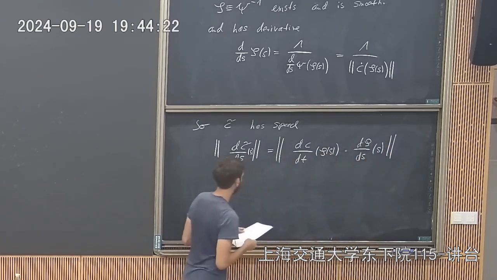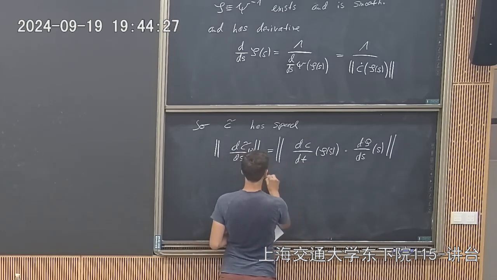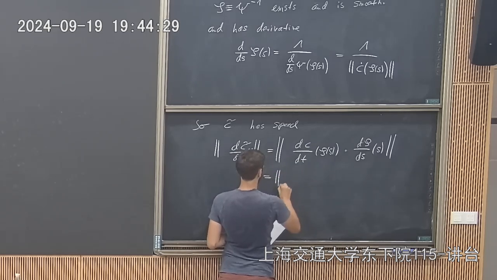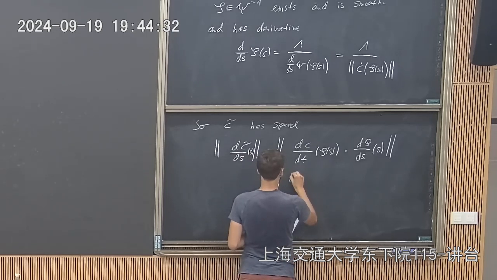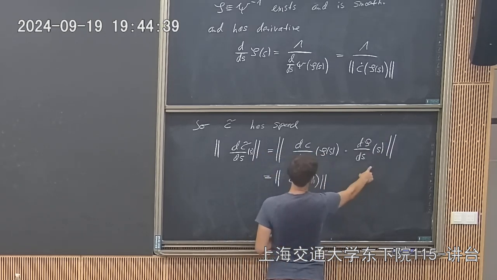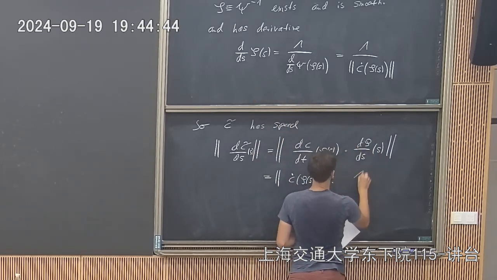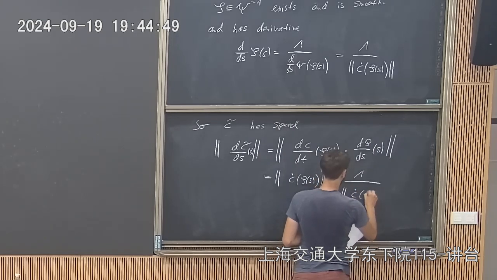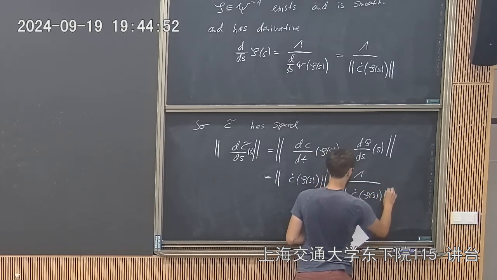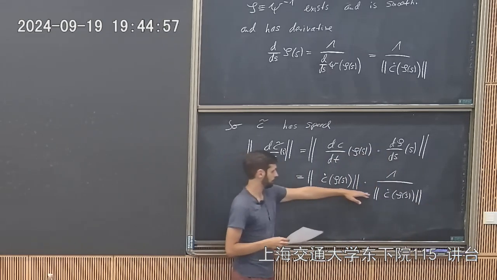And now we can plug in everything together. This one we don't know much about, but it's the first derivative. So that's this. And we just calculate that the derivative of phi with respect to s was given by 1 over. And so you see here, quite a bit by construction,